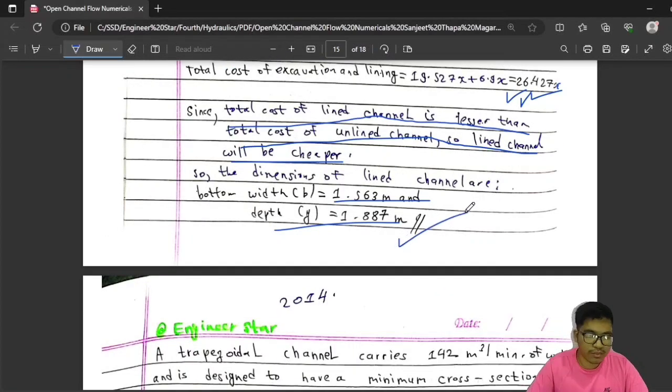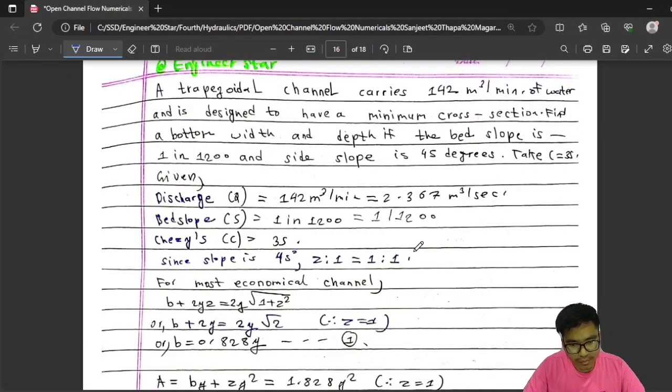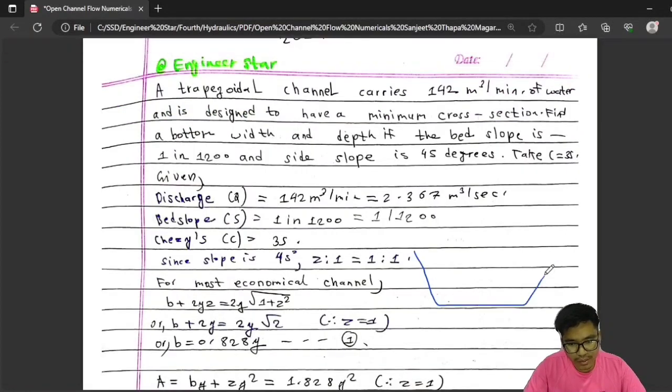This is the required dimensions, and this was asked in 2014. A trapezoidal channel carries a discharge of 142 meter cube per minute. In 1 minute, the volume is 142. So in 1 second, the discharge will be 142 divided by 60, which is 2.367 meter cube per second,